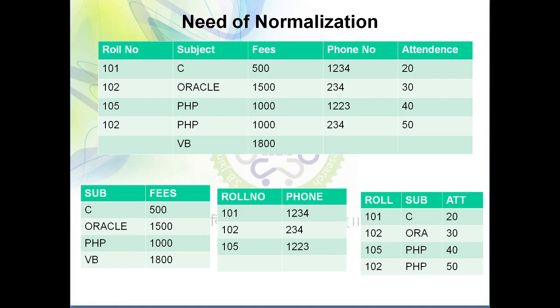So in this table, do you find that any problem is there? Can you imagine what kind of problem we face in this particular table? Whether this table design is correct or not? What do you think? I can say we are facing a lot of issues in this particular table. So what kind of problem are we facing?